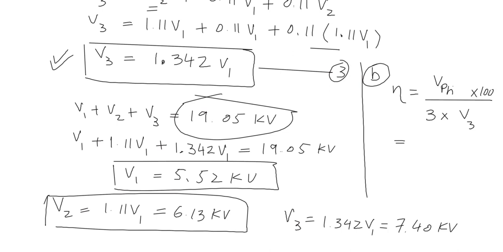So V phase is 19.05 multiplied by 100 divided by 3 times V3, and V3 is 7.4,